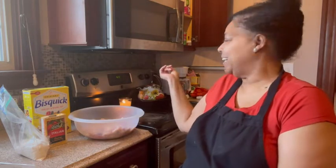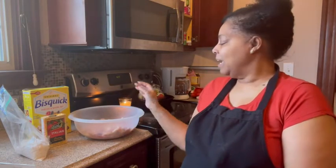Of course, I have my oven already preheated, and I put in there butter, and of course the recipe is below. And I used a little bit of Crisco, because butter at higher temperatures tends to burn. So I start with my Bisquick. I have a couple cups, and I've got